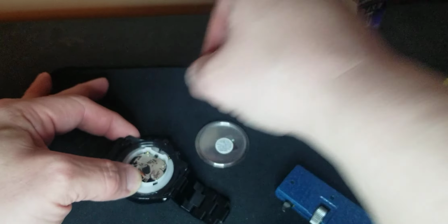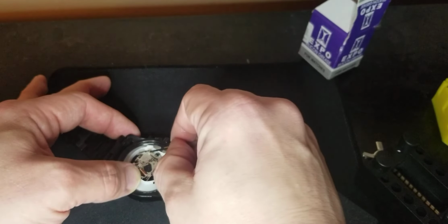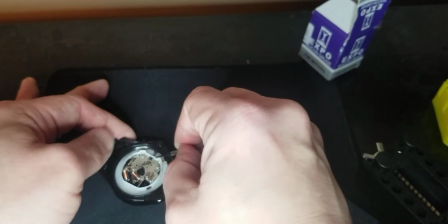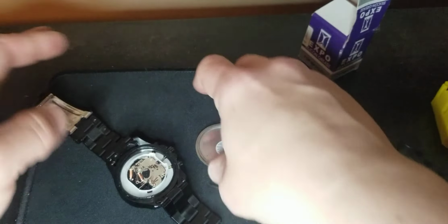Of course, you wanna get your, where's the, there, just move these little pins over here out so it'll fit in there better. See? Once you get everything in there,